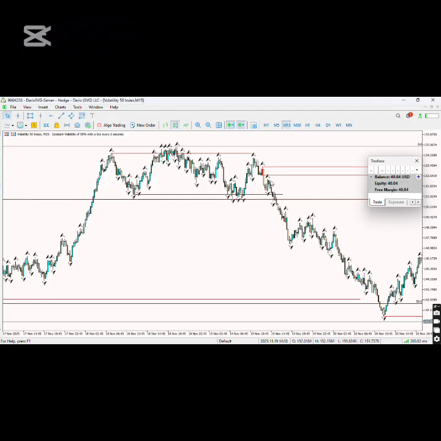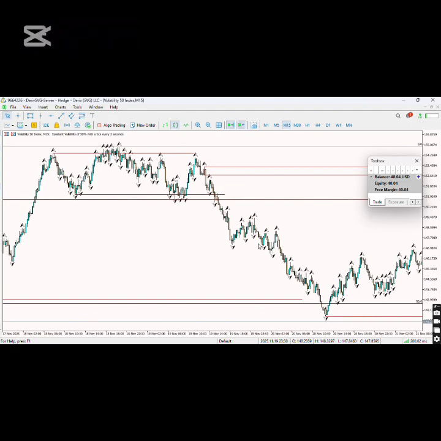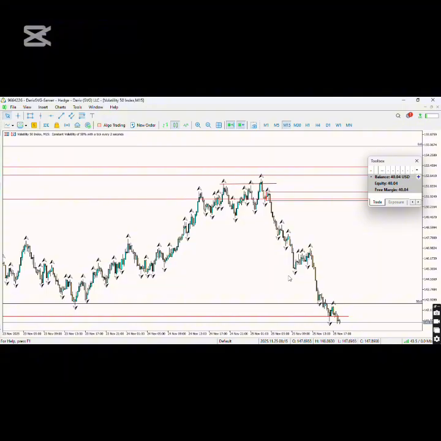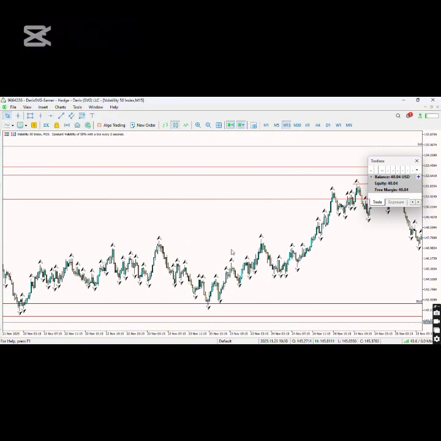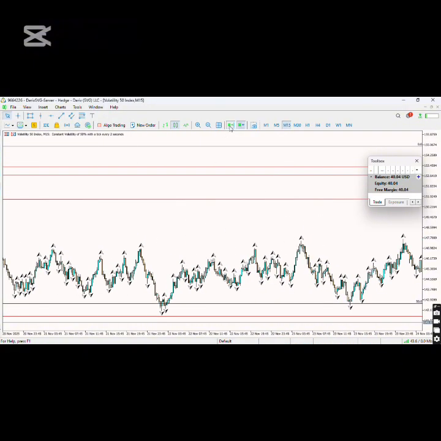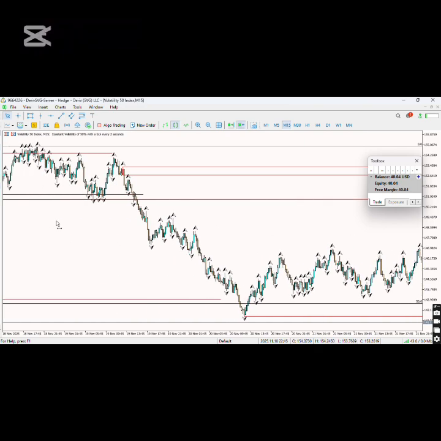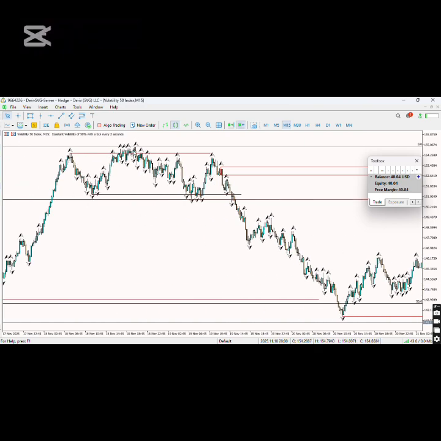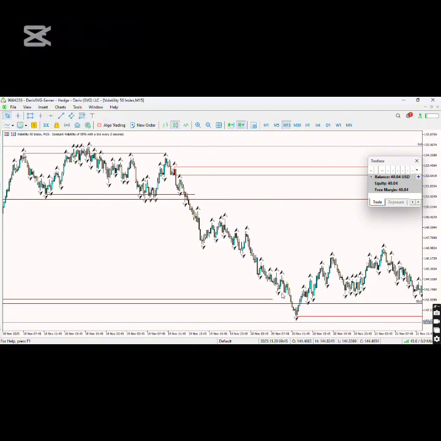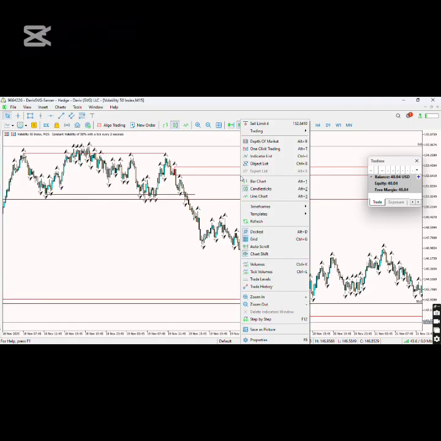But if you look closely, guys, this is a valid one. Accumulation, manipulation, distribution. This one, let's say accumulation, manipulation, distribution. Exactly. So I won't be going to the 5 minute and then